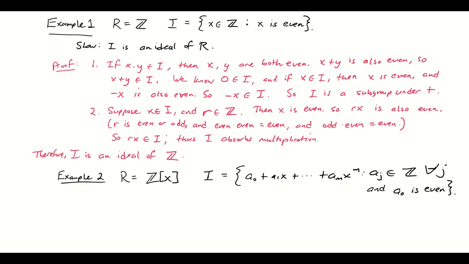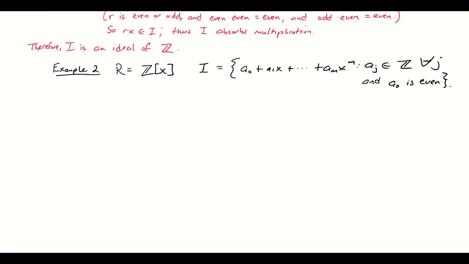This is a special example. Again, I'm not going to say exactly what makes this a distinctive example until a little bit later. But believe me when I say this is actually a rather important example in ring theory. For now we're just going to prove it's an ideal. All right, so to prove